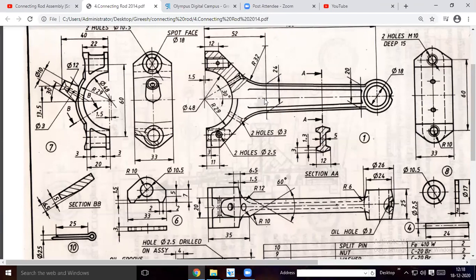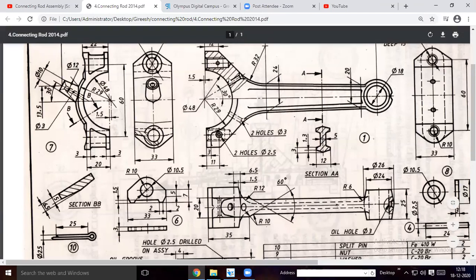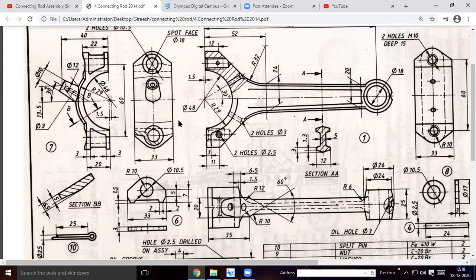Before starting this section of the connecting rod body, I want to produce a semicircular component, this one. Here you have to understand clearly. This semicircular part here, you see it is a cut of 48 mm diameter. That means the radius will be how much? Radius will be how much? 24 mm radius circle. Okay.